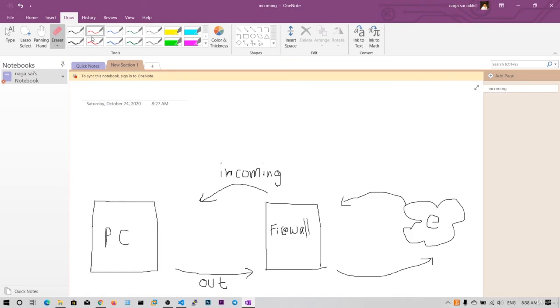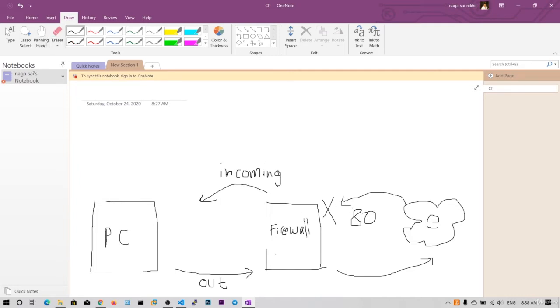Whenever a server or a computer wants to connect to our computer on port 80, if there is no inbound rule, then it will simply drop the packet. It will not allow the packet to pass through. So there should be an incoming or inbound rule for port 80.